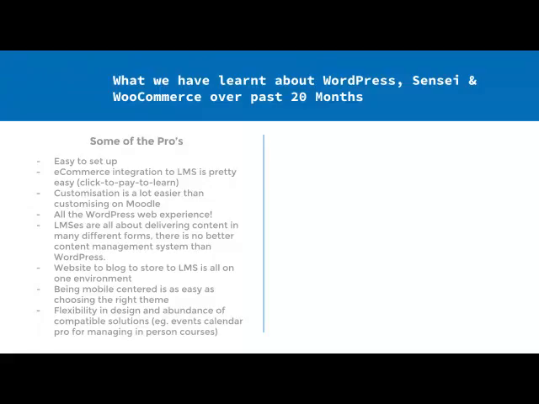One of the best ones that we actually found was the Events Calendar Pro plugin by Modern Tribe, and it was such a great way for us to retail in-person courses, and that was one of the most challenging things. We had online courses plus in-person courses plus courses with both online and in-person components, so we call them blended, and being able to actually sell those products easily is not as easy as one would expect.